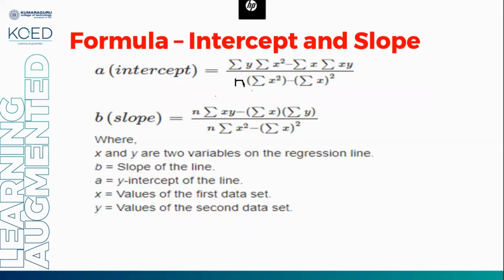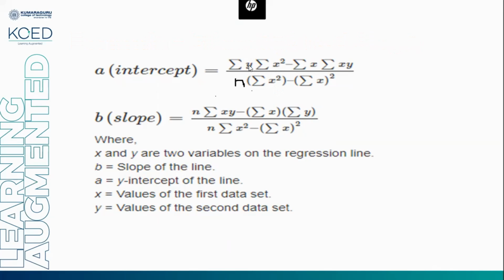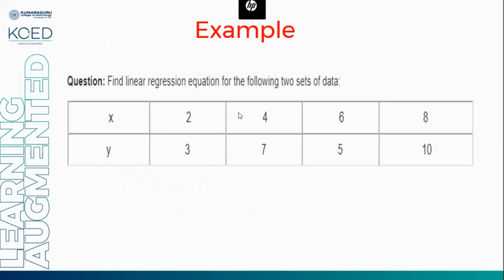So these two, a and b, we have to calculate from the given independent and dependent variables. How to calculate this? For example, here x and y. X is a set of independent variables, y is a dependent variable. We will have a set of independent variables, as well as a set of dependent variables. So this is xy. We can say xi, yi, x1, y1, x2, y2, likewise.